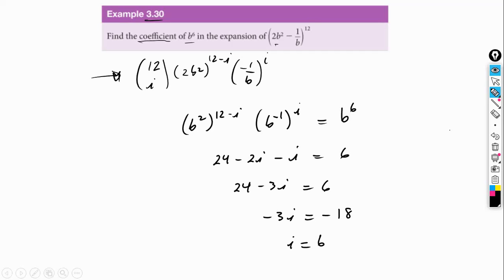Now we can just plug that in here and solve, right? So we would say, okay, so 12, and since they only want the coefficients, we're only going to focus on the coefficients. So 12 choose 6, this would give us the coefficient, but we also have to multiply by the constants that we have in this expression. So the next one would be 2, and this 2 would be to the power of 6, right? Because 12 minus i, and we saw that i is 6. And then this times negative 1 to the power of 6. So this is going to equal